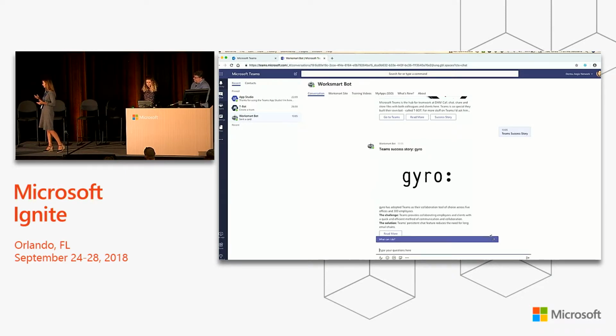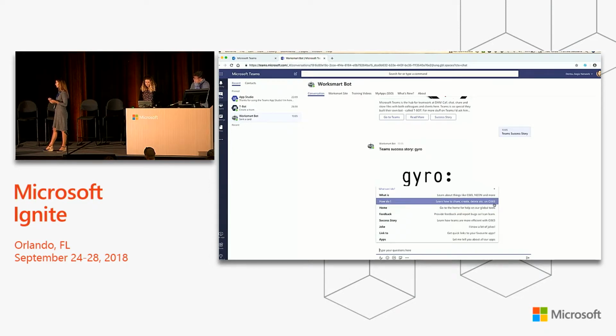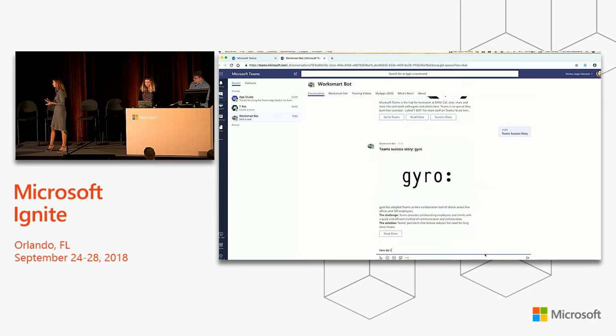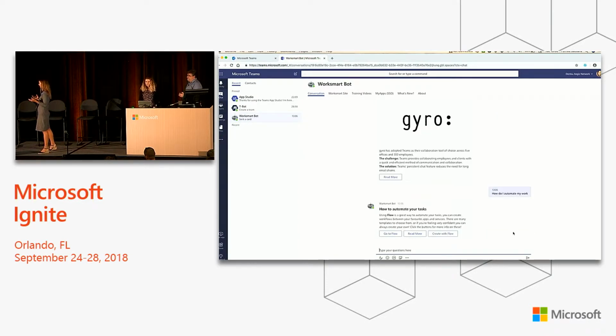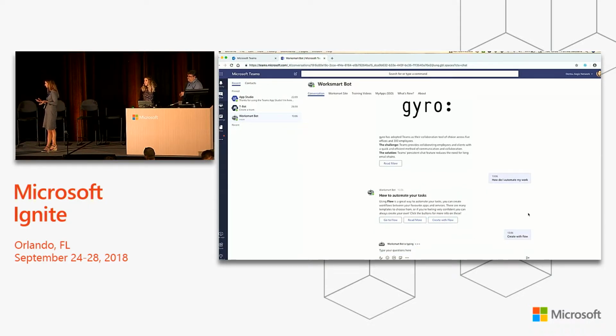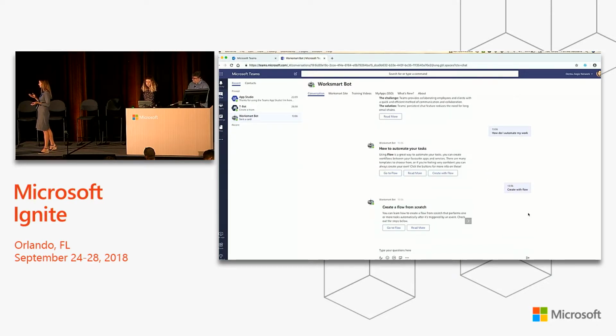So we've got success stories, but what about if we don't know what application we're going to use? We now need to frame a how do I question. So we could ask, how do I automate my work, for example. If we start asking the bot this, it's now going to look through, leveraging the QnA Maker and the LUIS that we've put behind it. And we can find out, OK, I can automate my tasks here, and I can create a workflow. This is using Microsoft Flow. So it's now pointing you not just to what is Microsoft Flow, but it's actually telling you how you can use it. And as you click through again, using that carousel format, you can see how to learn how to build your flow. Again, driving efficiency. So this is the way that you would interact with a bot.